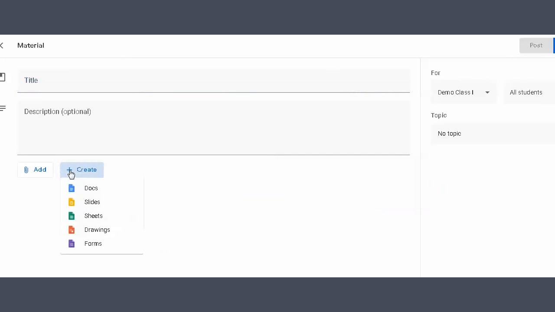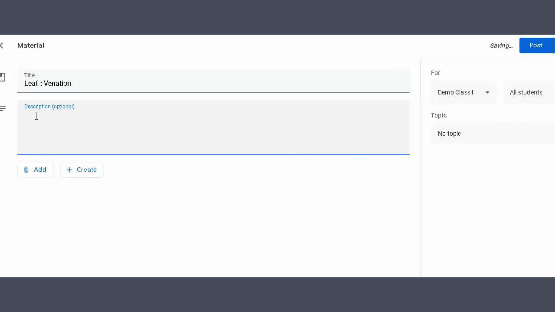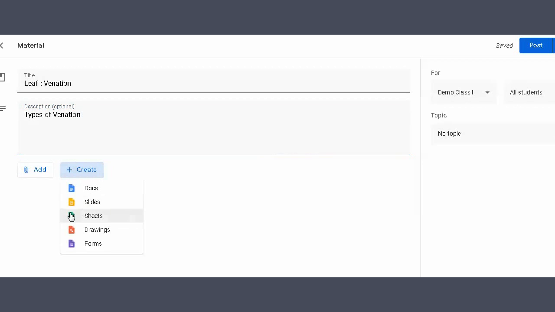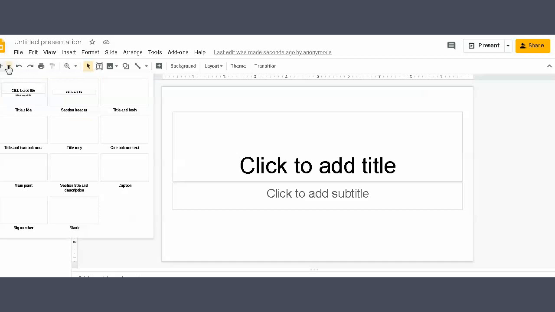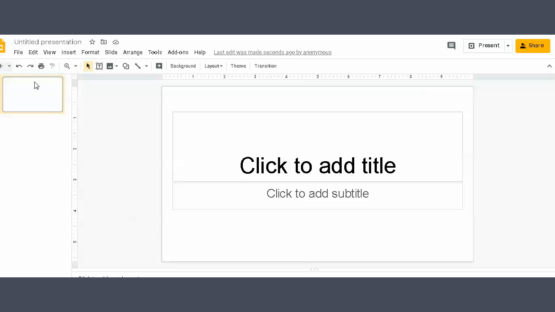Now let us use Google Slides to give material to our class. So as you click on slides, do the same thing, title, the description about the topic, and then you select create. Click on it, select slides. It would take you to Google Slides. Once again you would find the same features what you have in Microsoft PowerPoint. So it is easy for you to collect this and to create a slide here. So you come across various options, you can see it on screen and can explore yourself. We will definitely have a different session for this, how to create slides.